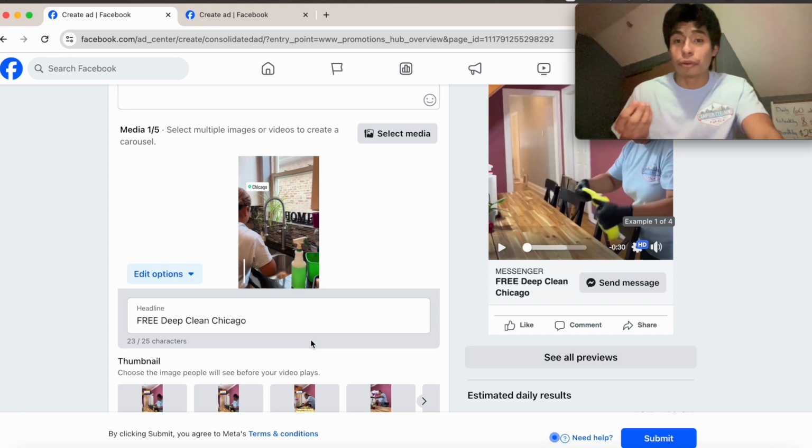Yes, you could charge more, but it's just better. Every cleaning is a deep clean. It just makes it better because I don't want to go to the customer like, oh, the dishes are dirty, it's really dirty, we're gonna charge you extra. I don't like giving customers surprises, so that's why every cleaning is a deep clean, and that's my headline: free